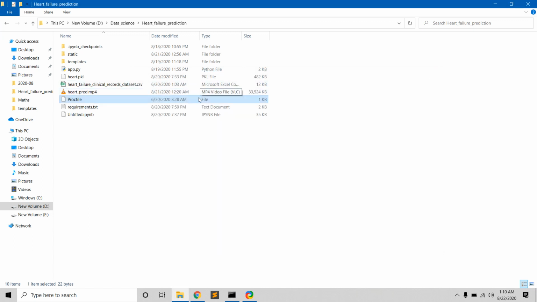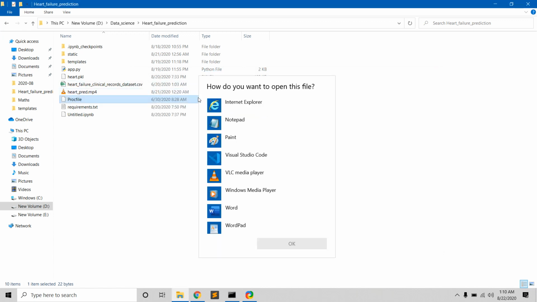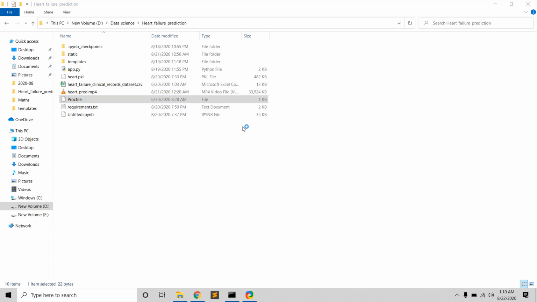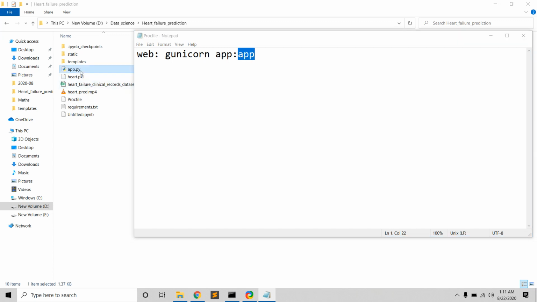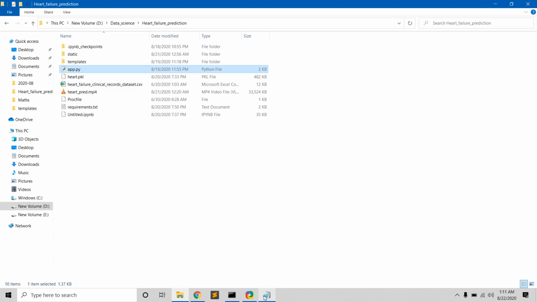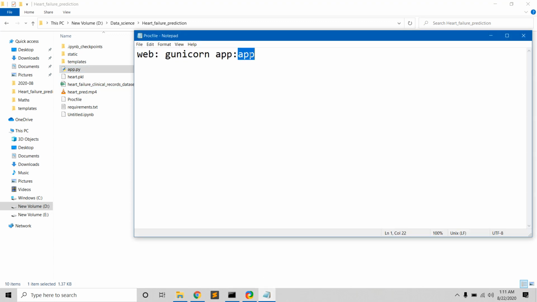Now, in the Procfile, we need our app with the same file name, app.py. Our Python file should have the same name, and the web app should be run with gunicorn.